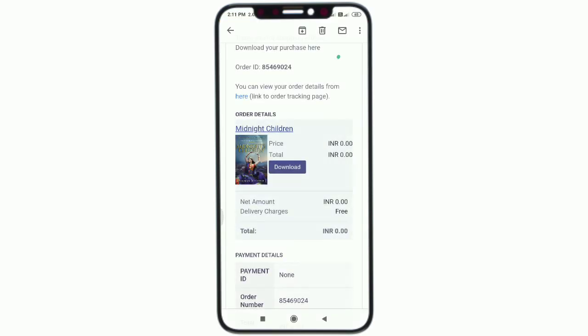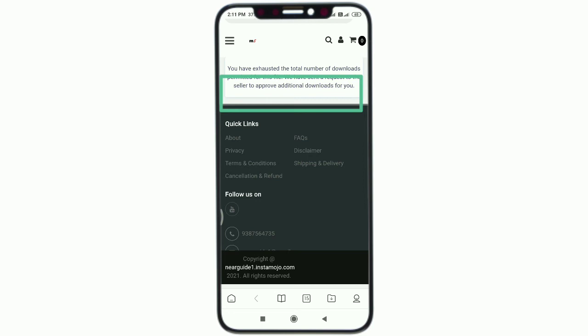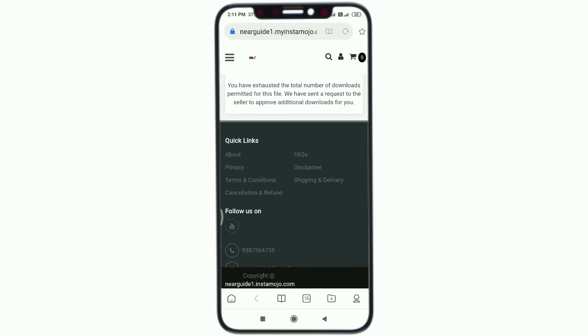Go to the email and click here download. See here there is the message. That means the link is expired now. Okay. If you want to download another time, then you will be buy this second time. Okay.